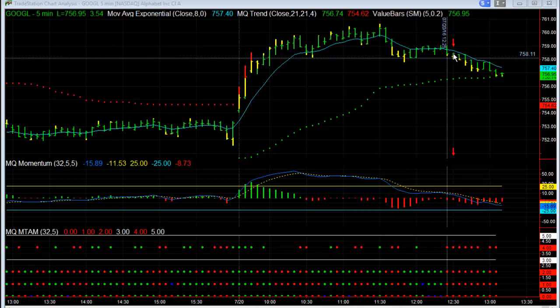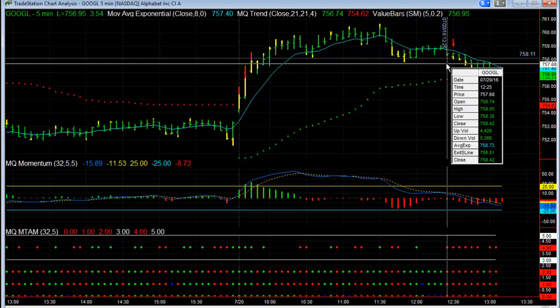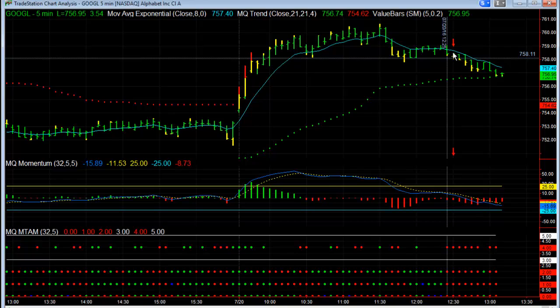What this is giving you the signal on is again, this primary time frame being 5-minute, and then other multiple shorter time frames to give us a confirmation signal ahead of time, which in this case was 5 minutes before we broke lower, that you can get into a trade, get into a position, and you can actually watch as MTAM maintains that bearishness for the next basically 30 minutes as we go lower in Google. So we break there 758, goes all the way down to